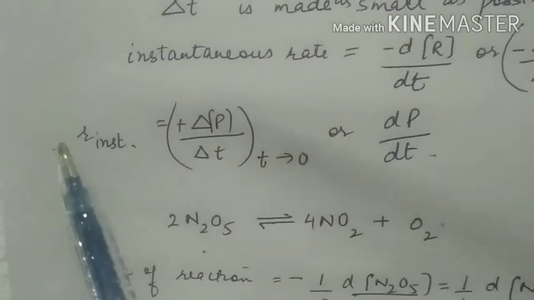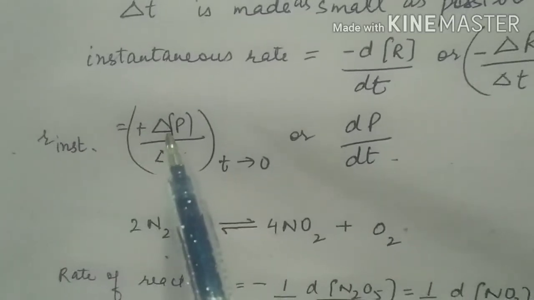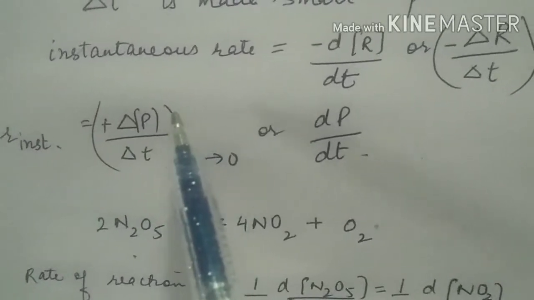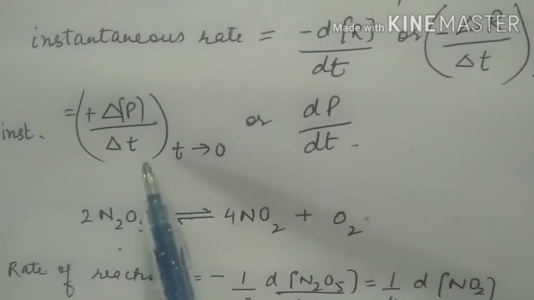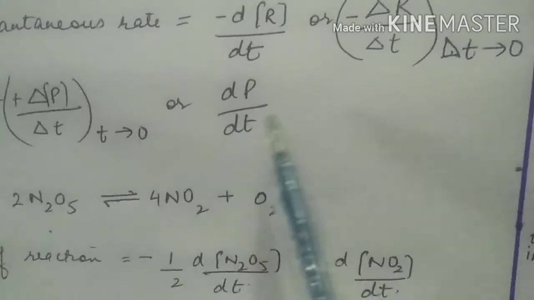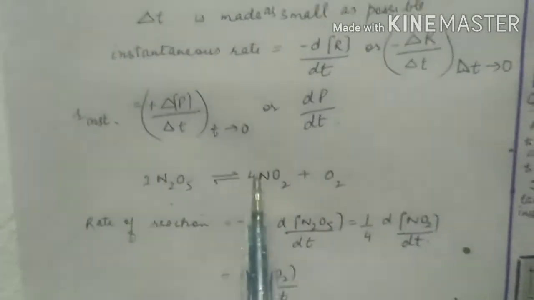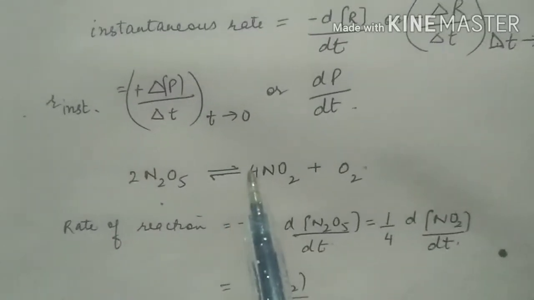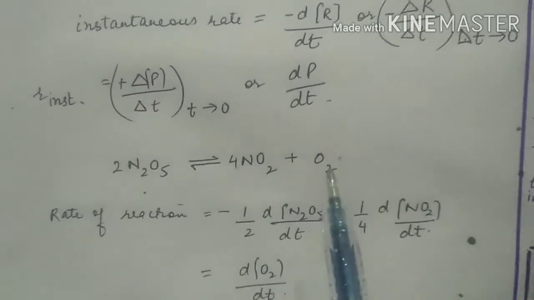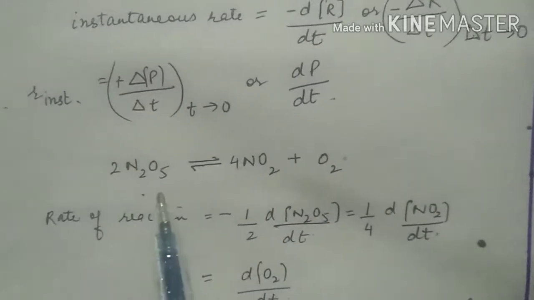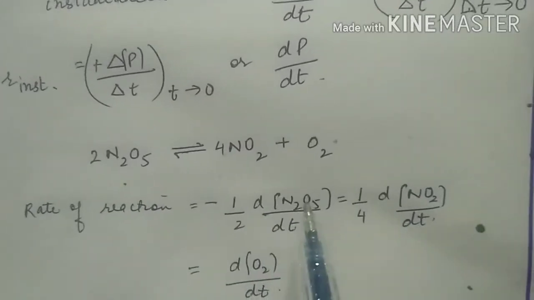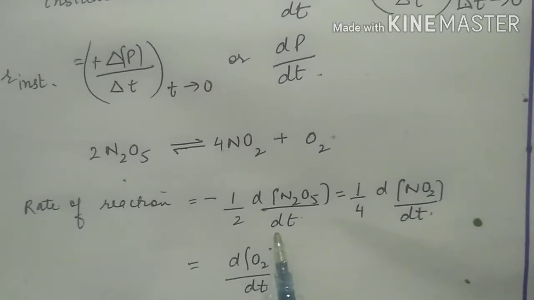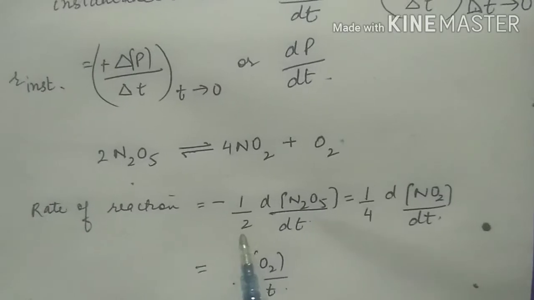So instantaneous rate in terms of products will be plus delta P upon delta T when delta T is approaching 0, or dP upon dt. So for this reaction, 2N2O5 gives 4NO2 and O2. Rate of reaction, in terms of N2O5, will be minus d[N2O5] upon dt, and